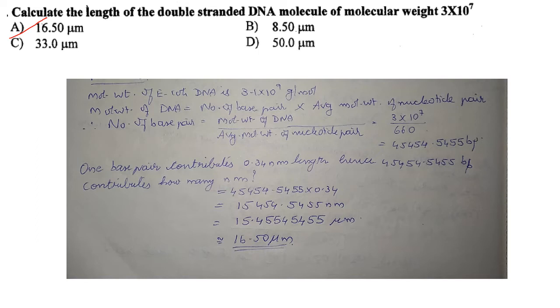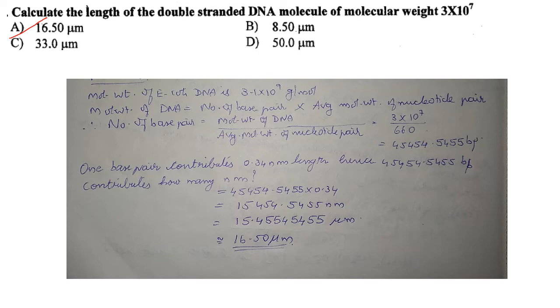So for finding out the number of base pairs, molecular weight divided by average molecular weight of nucleotide pair. So for nucleotide pair, the average molecular weight is 660. And the molecular weight of DNA given is 3 into 10 raised to 7. So 3 into 10 raised to 7 divided by 660 will give you